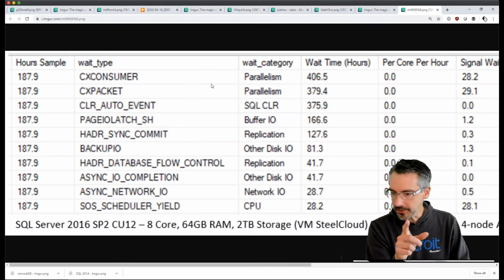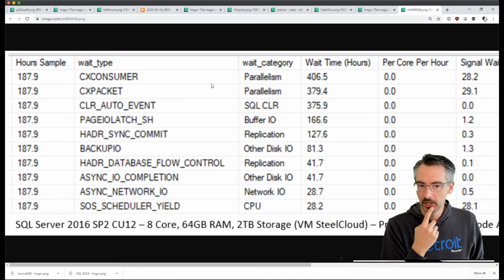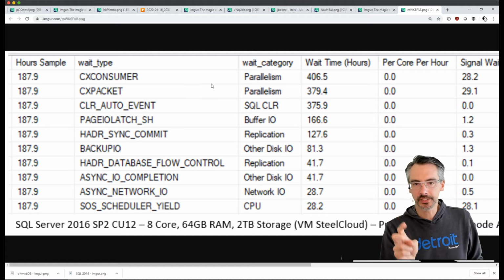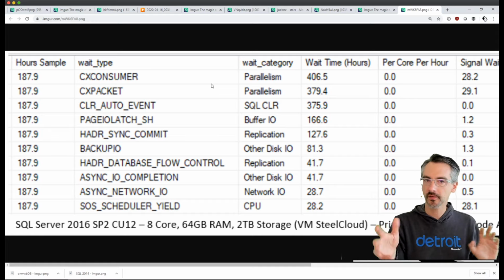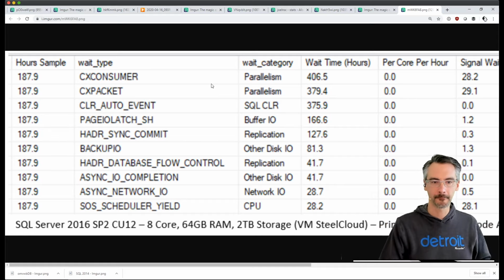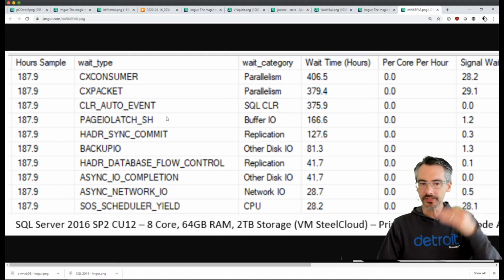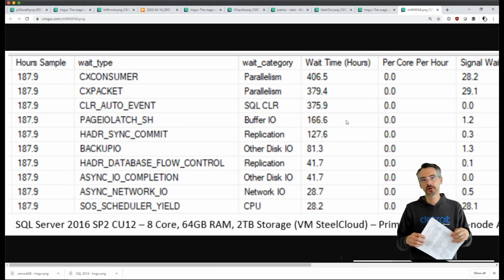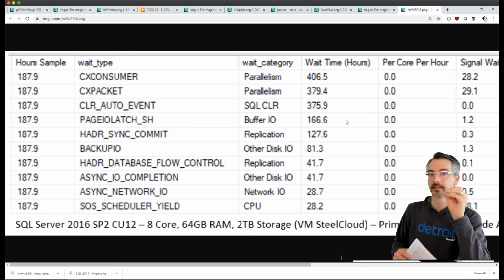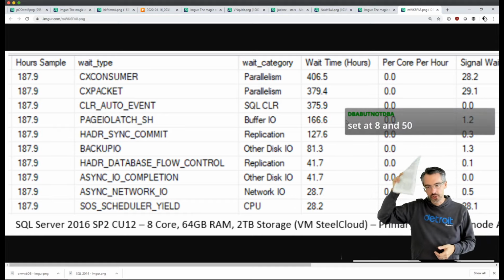So let's see here. So this is DBA, but not DBA. Yours is a little different. Okay. Yours, the top two are Parallelism. And you've heard me give the Parallelism speech a bunch of times by now. Set your cost threshold for Parallelism and MaxDOP to sane defaults, then move on past that. Then underneath that, down here, page IO latch. But you don't see any latching other than this one right here. What this means is that SQL Server is having to go parallel to read a lot of 8K pages, but these pages are not cached in RAM. We're having to read them up from disk in order to put them up into memory.